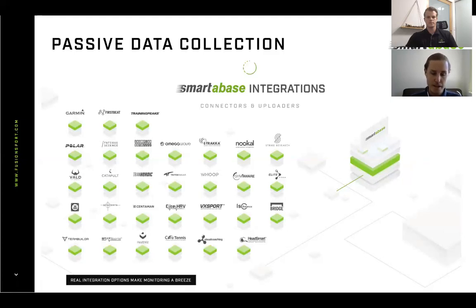So we do have a very comprehensive suite of integrations, and that allows for that really seamless, passive, hands-free import of information into a central system. So that integration option allows you to bring multiple data streams together, and we see that as a critical point to monitoring your athletes from both that external load perspective,